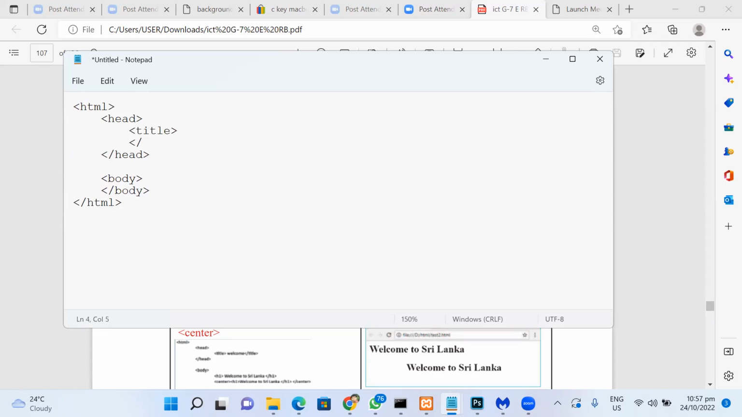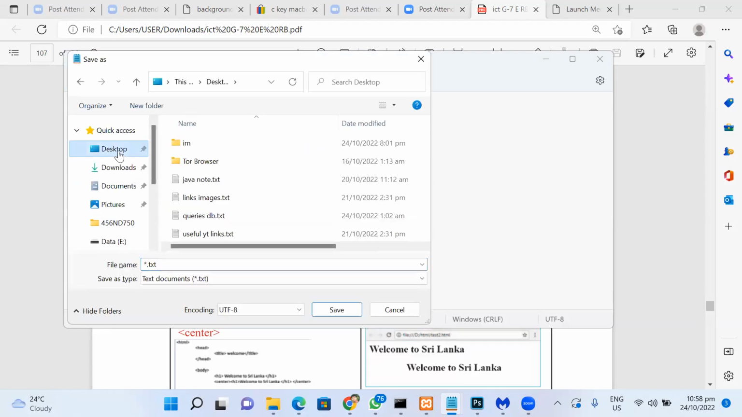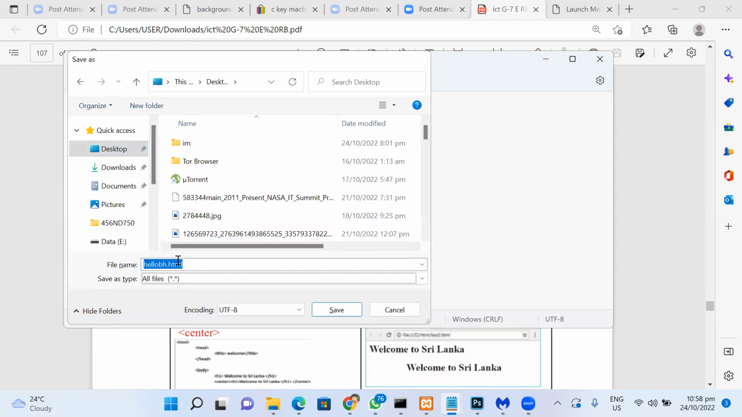This time, let's see how to apply a background. A background color can be simply applied by typing the bgcolor attribute. If you type bgcolor, let's say gray, that will be applied to your background. Let's save this on your desktop. And the name that I'm going to give is hello bg.html. All files, save it